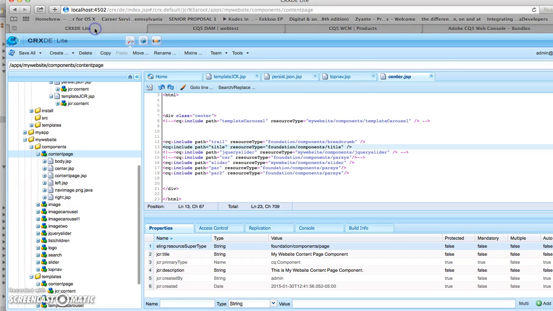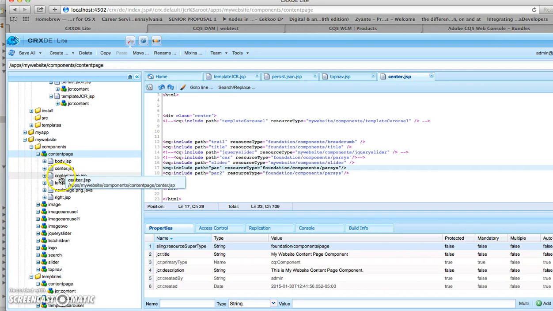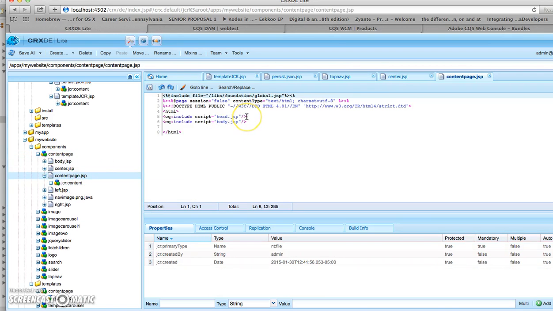Going back to CRXDE Lite, here I have almost all the code that my application is using. This template is using this component, and this component is rendering the whole content, built up of other components as well. Right now, the main page is this content page, and this content page is loading these two